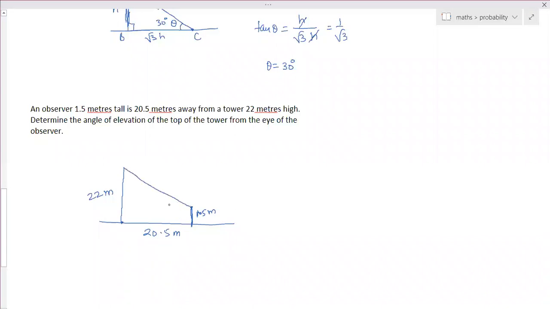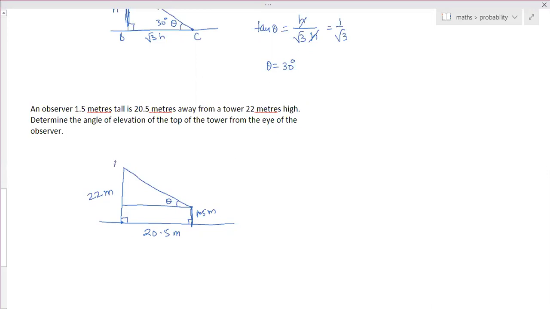But angle of elevation is always measured with the horizontal line. So at this point, again, we have to draw the horizontal line. So this is the angle of elevation. The angle of elevation or angle of depression is always the angle made with the horizontal line. If at the point of observation the horizontal line is not present, then you have to draw it, you have to create it. Tower is perpendicular, person is also standing perpendicular.